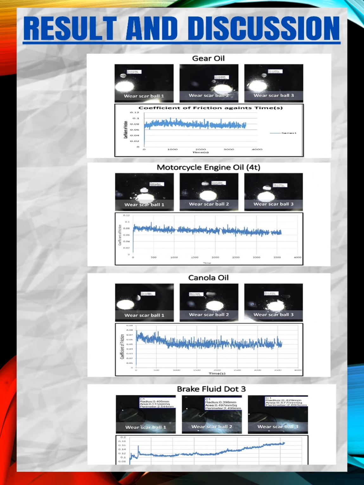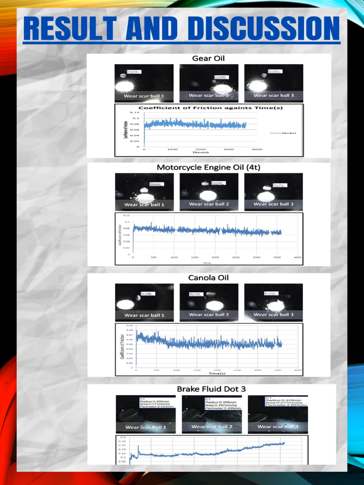Next, I will explain the discussion about the result. The result from this experiment comes with different patterns of graph and scar. It depends on what type of lubricant or oil is used, because each oil has its own chemical characteristics and lubricating properties. Based on the result, test 1 and test 3 have shown that